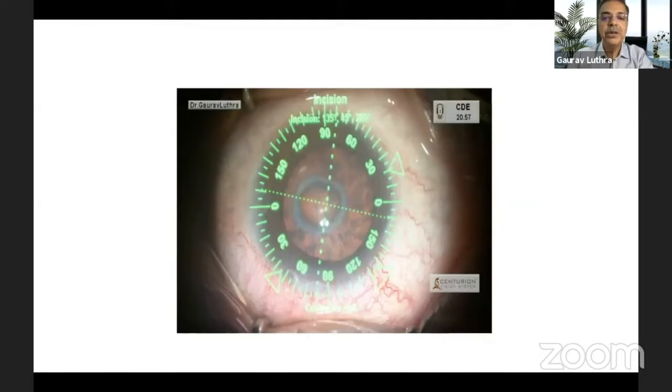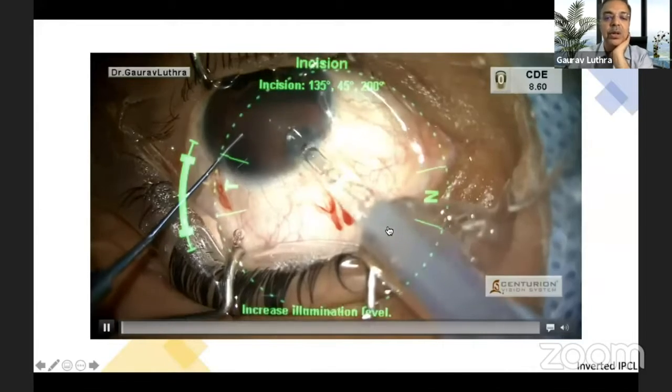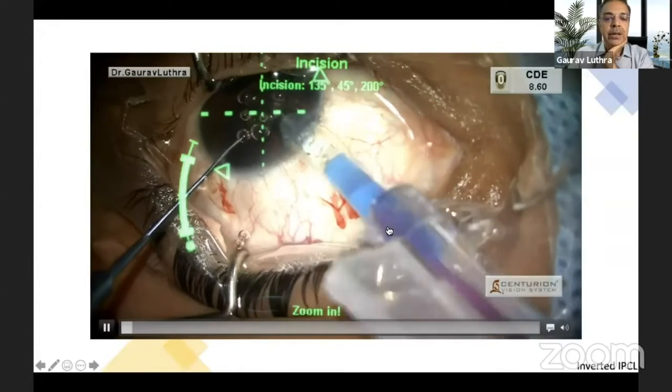I told the patient to go back, get operated. He went back, the surgeon removed the IPCL. But this is what the cataract was left behind. So the patient came back to me, we operated on it and were able to manage it. But this is a dreadful complication. On table, please ensure that this doesn't happen. And I'll try to show you how to find out if it is happening.